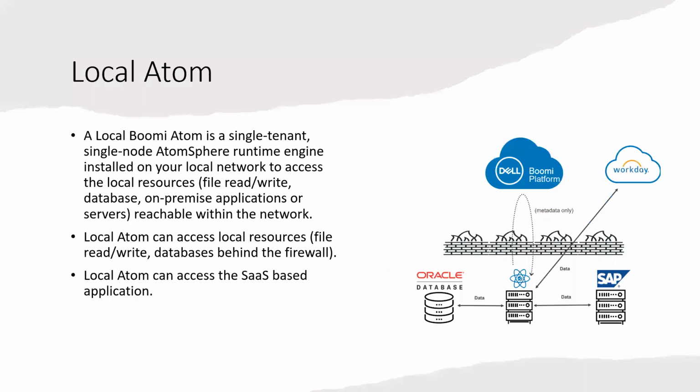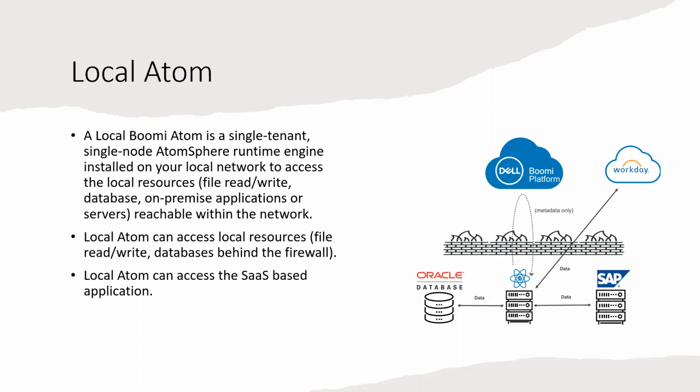Okay, so let me go to the next runtime option, that is the local atom. Basically, a local atom is a single tenant, single node AtomSphere runtime engine which is installed on your corporate data center, maybe on your private cloud, or on any other cloud provider like Google, AWS or Azure. Once you install the local atom, you can easily connect